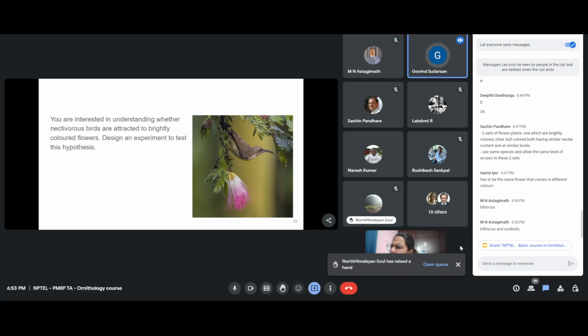The point of the experiment was to see that birds are attracted by the color, not by the smell. That's right, but we know that birds don't have a great sense of smell. I think we discussed it in the earlier class. And yeah, I think it was you who had mentioned some vultures that have a heightened olfactory, olfaction level or something.